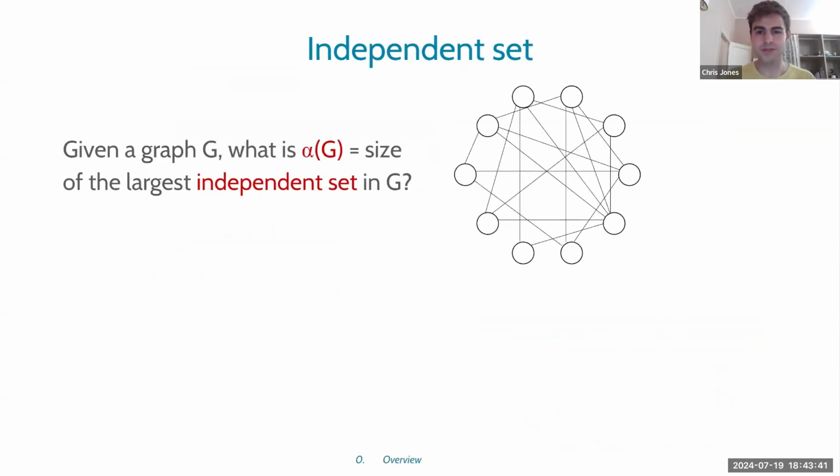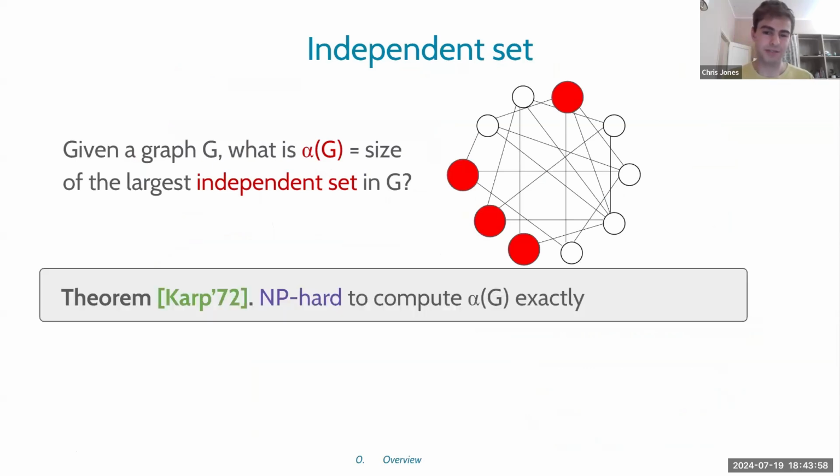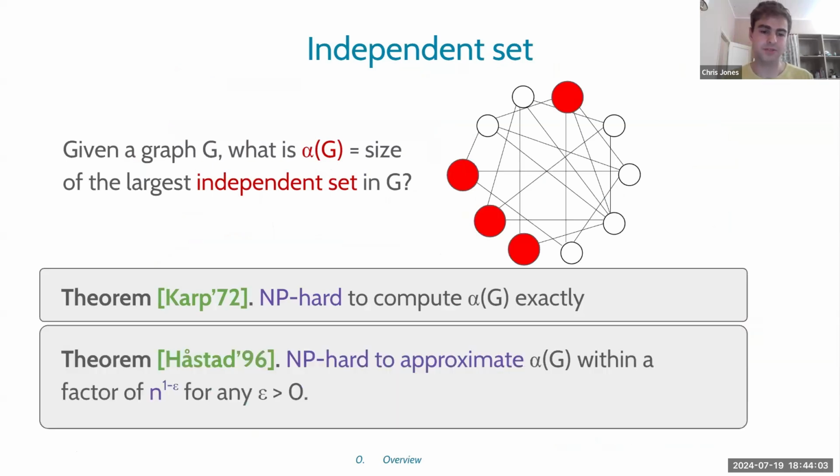The problem that we want to discuss in this talk is independent sets. I'm sure you've heard of this problem before. I don't need to explain it to you, but the input is a graph G, and the output is this quantity alpha G. Now, in the example, these four red vertices form an independent set because there's no edges between them. It's well known that it is NP-hard to compute alpha G exactly, and a fundamental result of Håstad